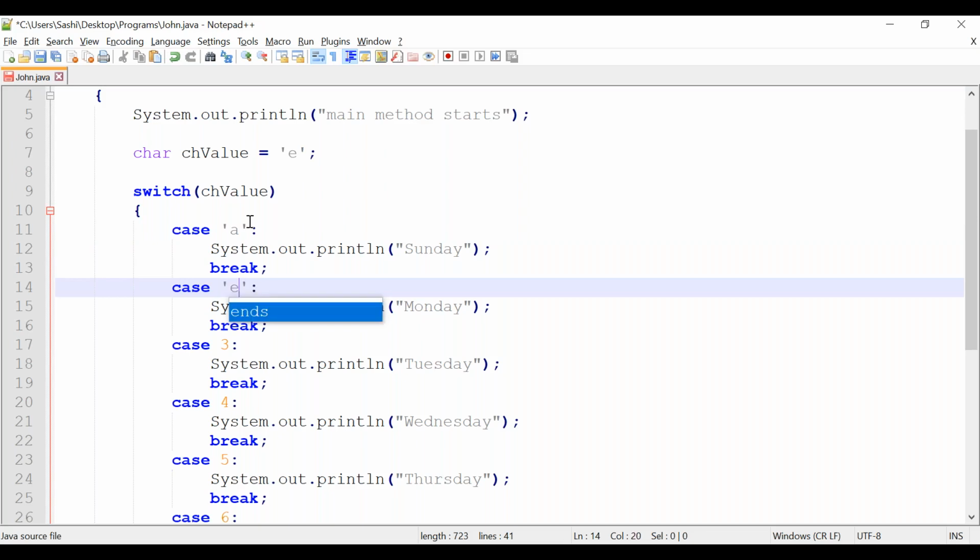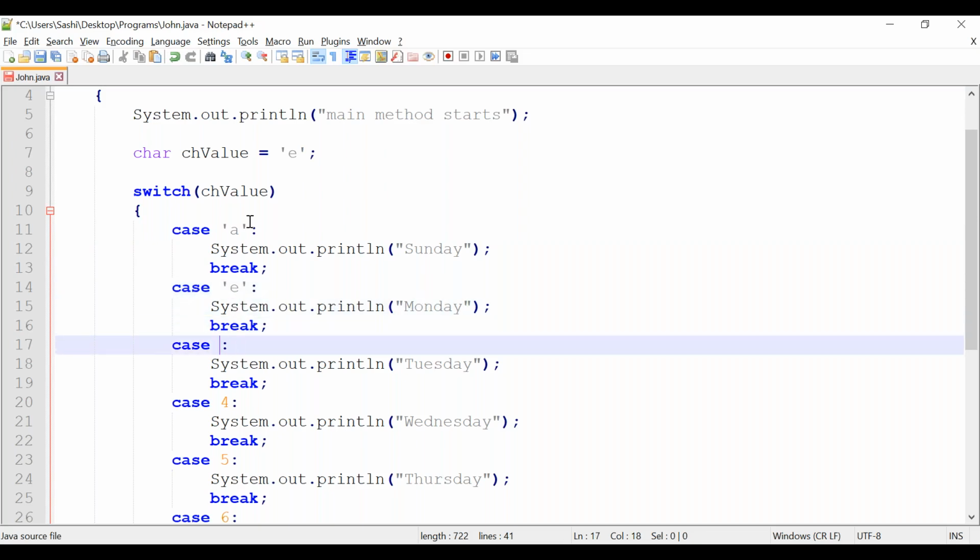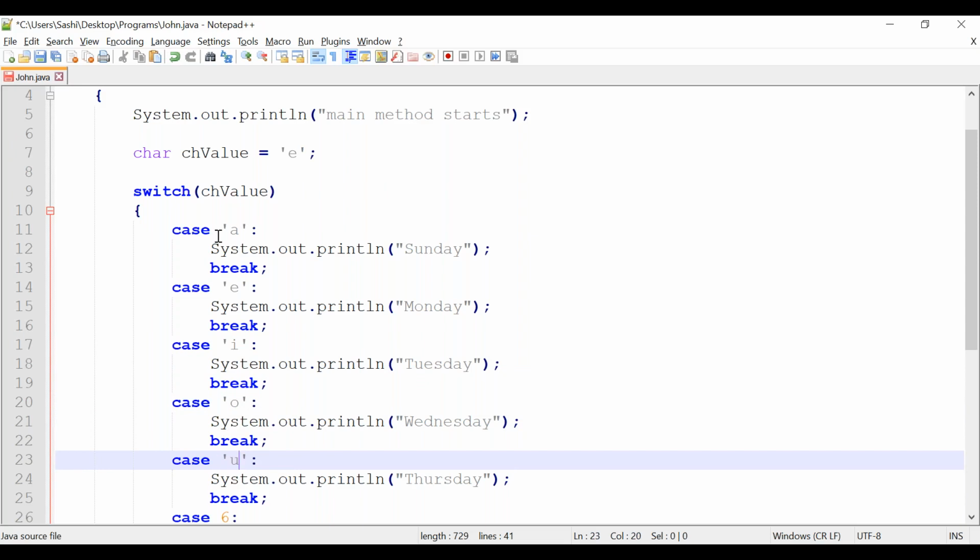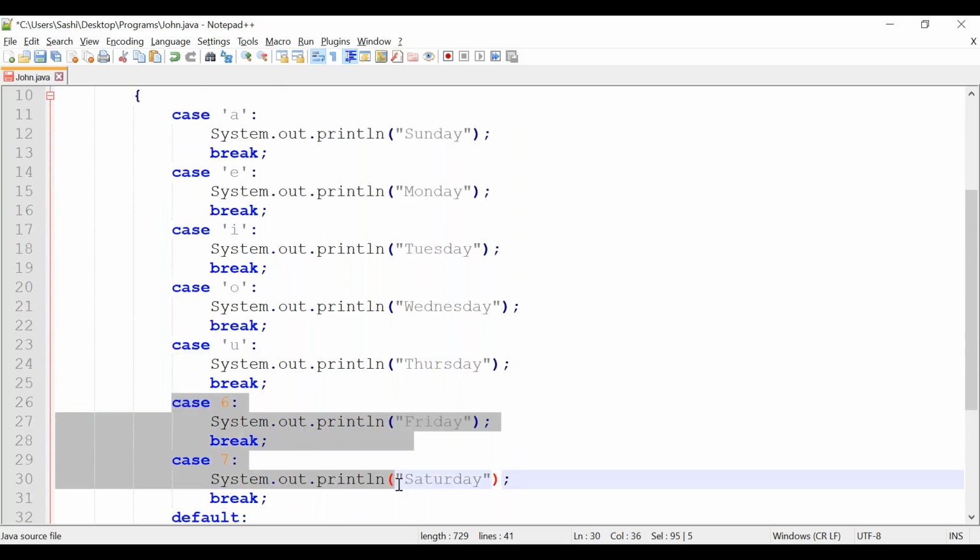If it is a vowel, I will print it is a vowel, or else... A, E, I, O, U, correct? I, O and U. If nothing matches, then I will say it's not a vowel.